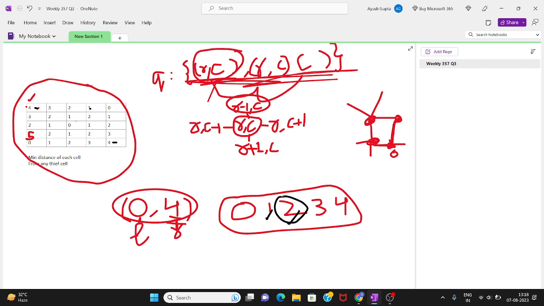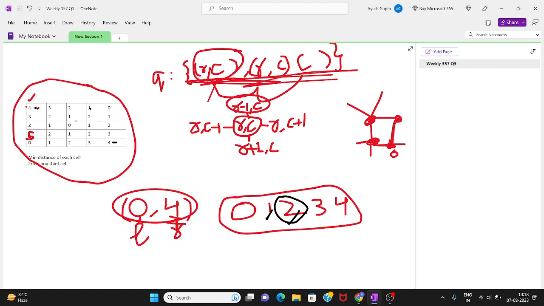We want to achieve the safeness factor of our path to be 2. And what is the safeness factor? It is the minimum of all the values that lie on this path. So we have to make sure that none of the values lying on our path is smaller than the targeted value.